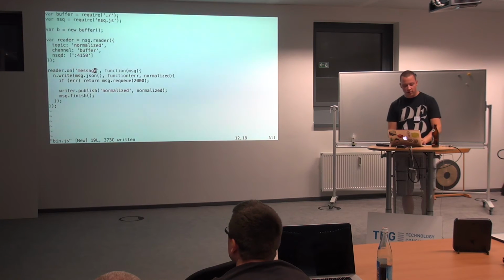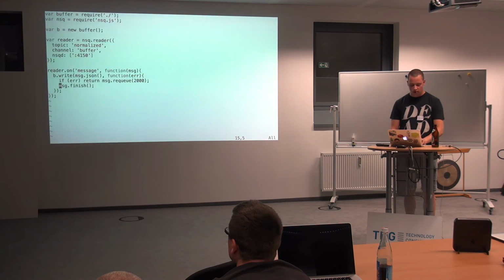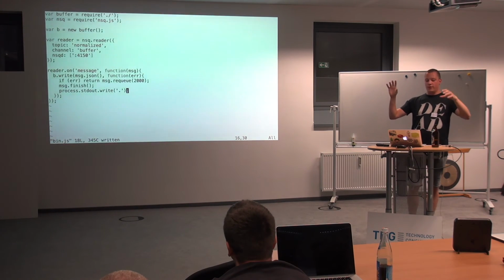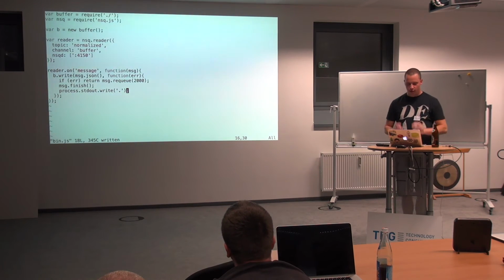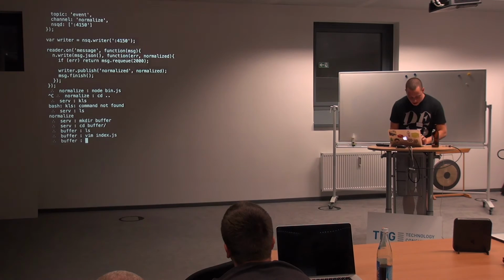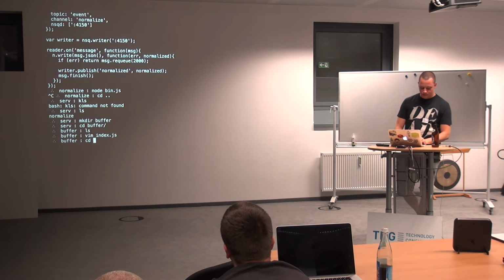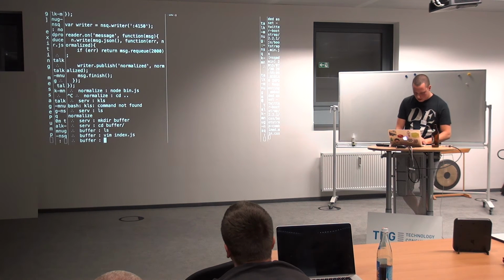And so once we get a message to the buffer service, we write the message and we just get an error. And if there's no error, we're done. Or let's just log something to start it out, so we know stuff is happening. Okay, so we now have the two services that in total make our whole product. And we can run this. But first,